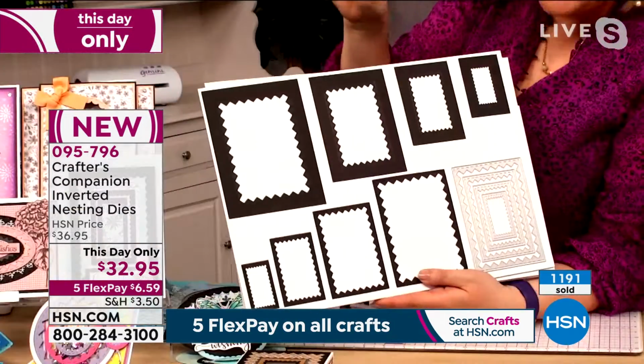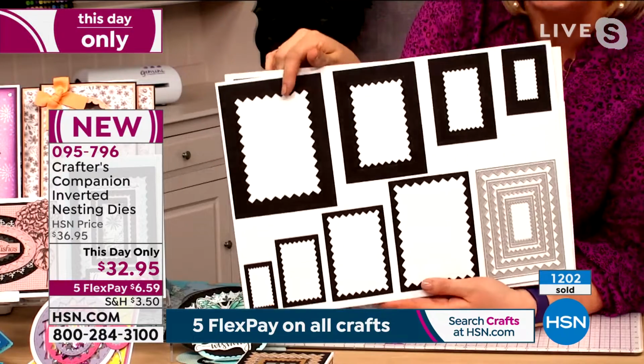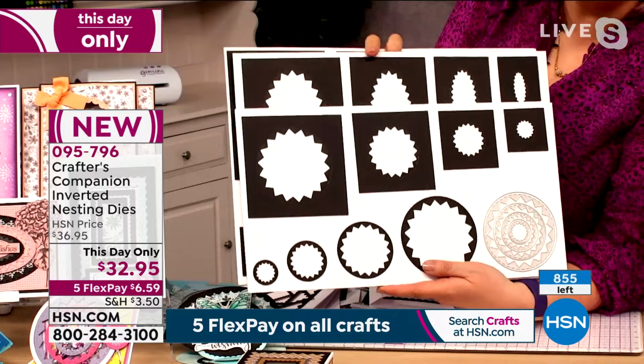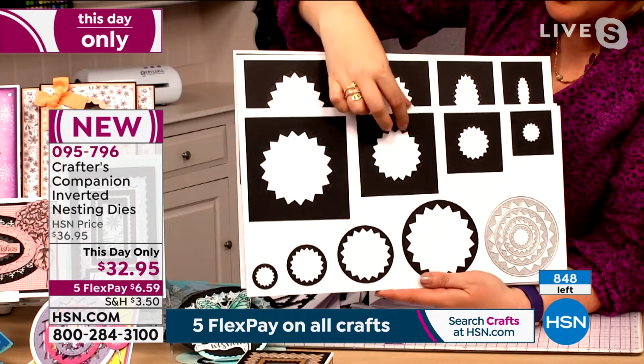So it's exactly the same concept, but this time we've got the zigzag edge with the stitching around the outside. What you've got to remember about these is they've also got the stitching in. So you've got the rectangle, you've also got the circle in there. I mean, these are spectacular. Then you've also got...